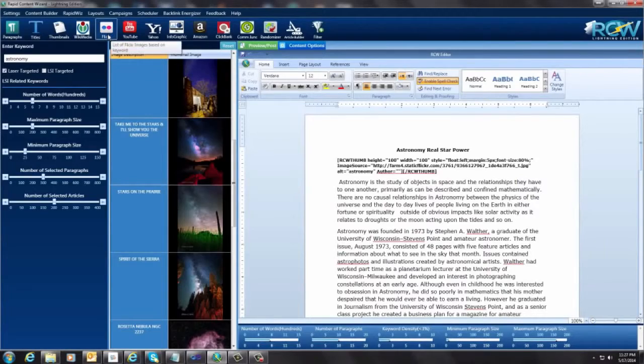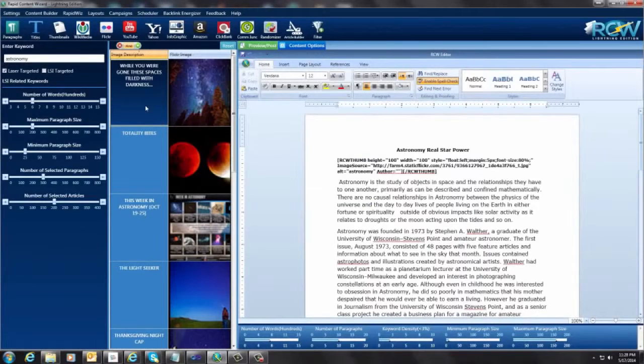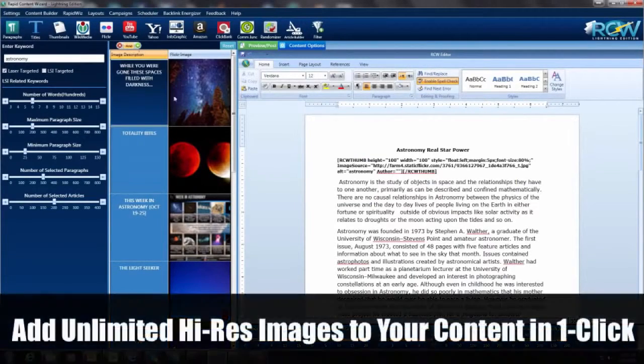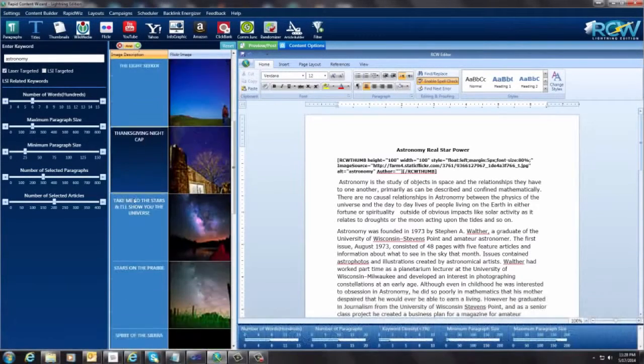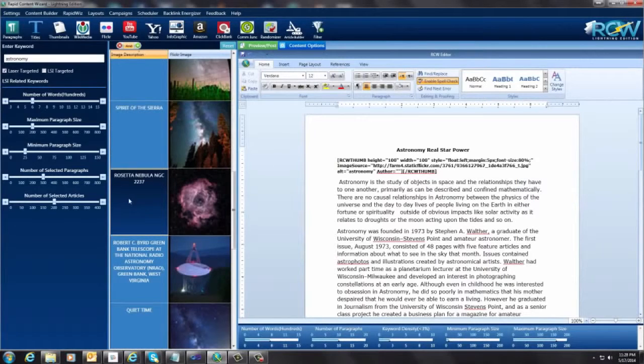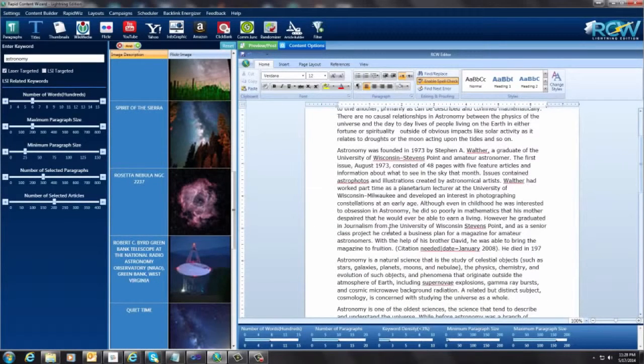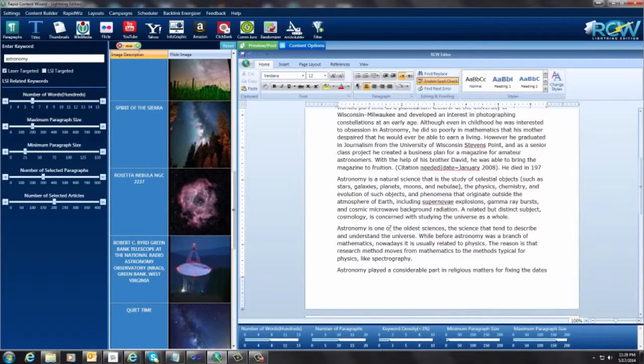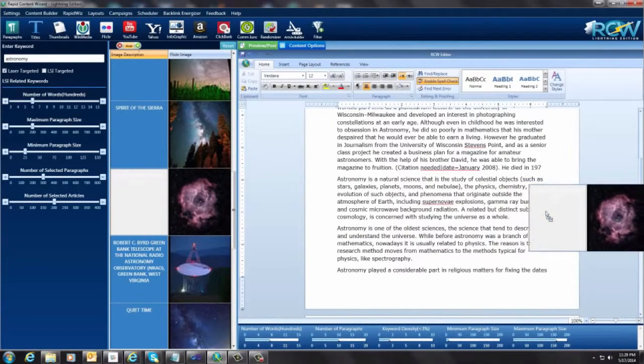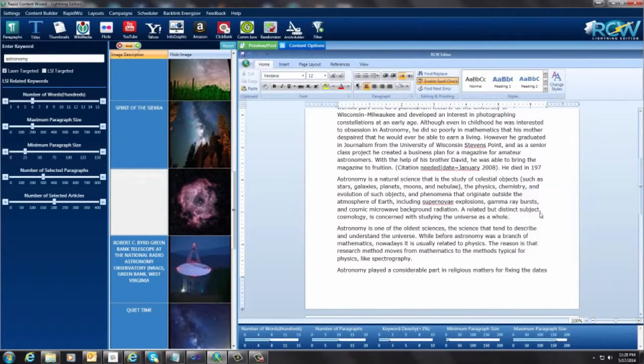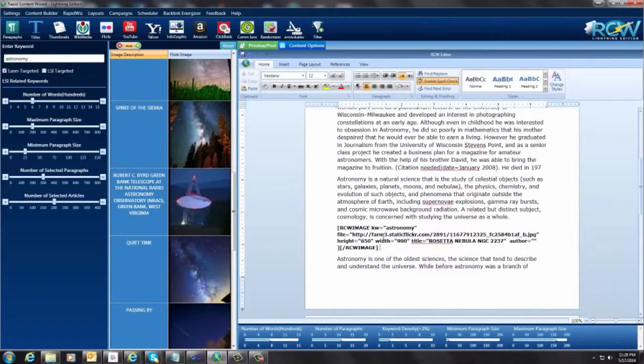Let me add an image. Okay, and now we have our images up here, and I know these look the same as the thumbnails. They pretty much are both from Flickr, but I'm just going to pick something else down here that looks kind of interesting, and I just want to show you. In order to add an image, I can also drag and drop this and insert it anywhere I want in the article. So you see that little red bar flashing right there? It'll insert it right after that. And you can see there it is. So now we have an image in here.